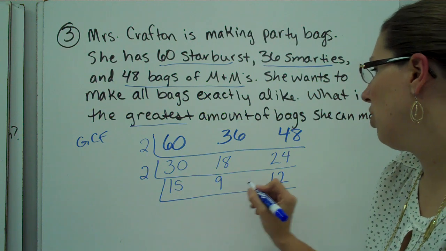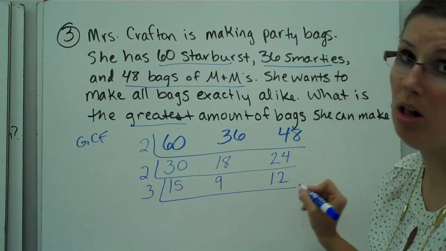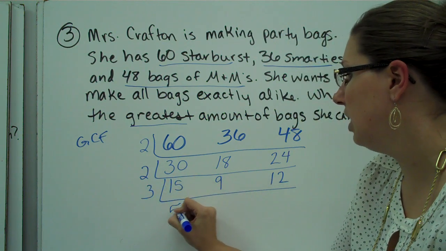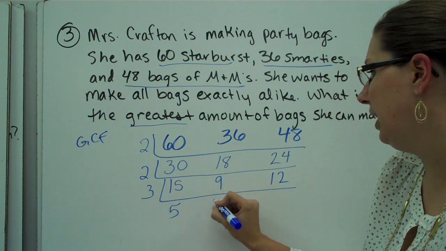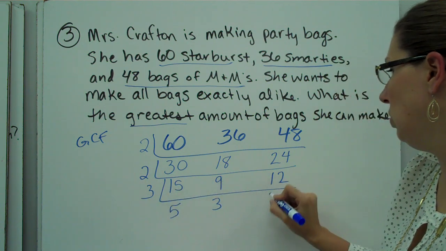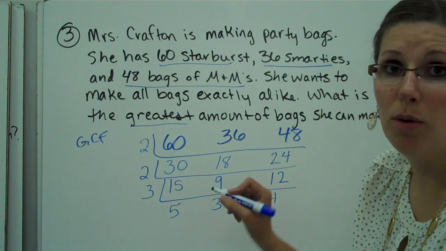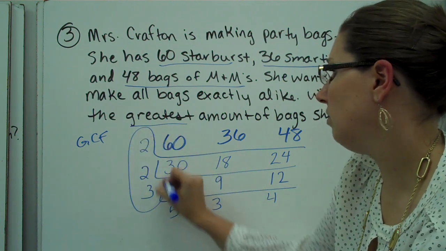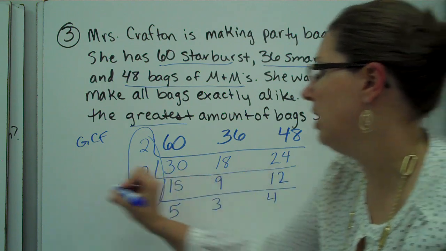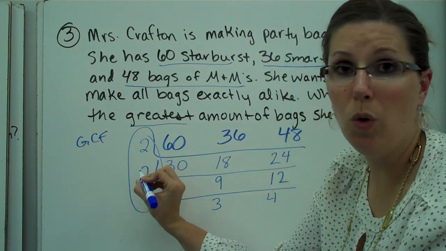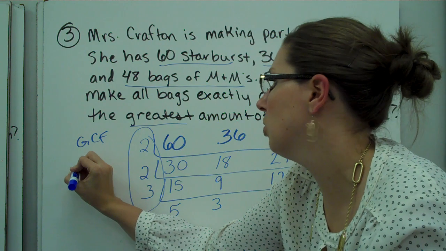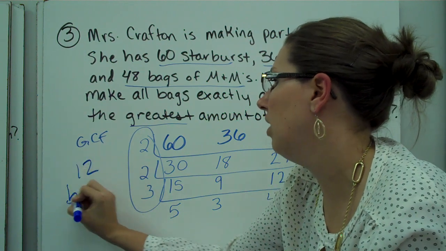And 3 can go into all of these numbers. 3 goes into 15 5 times. 3 goes into 9 3 times. 3 goes into 12 4 times. So if I'm doing GCF, I'm going to multiply just the left. 2 times 2 times 3. Well, 2 times 2 is 4. 4 times 3 is 12. So she can have 12